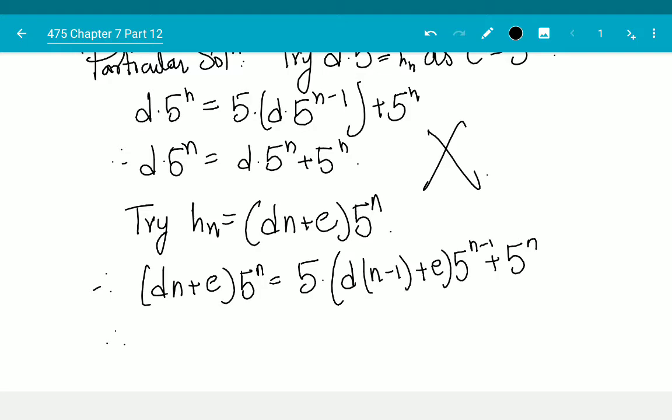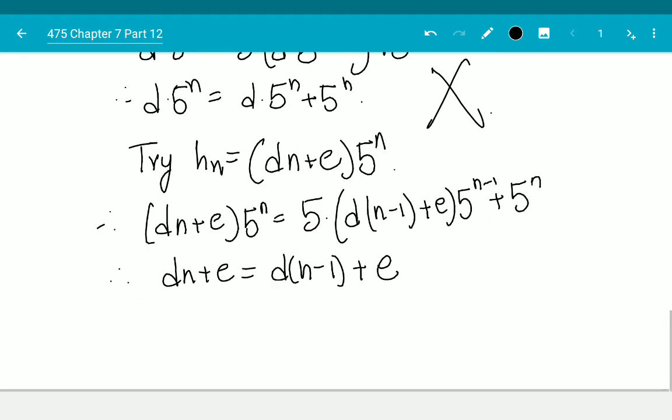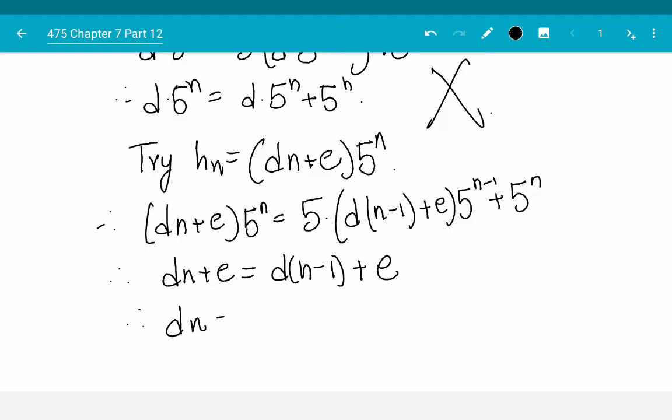Dividing everything by 5 to the n, I get dn plus e is equal to d(n minus 1) plus e, and therefore I get dn is equal to